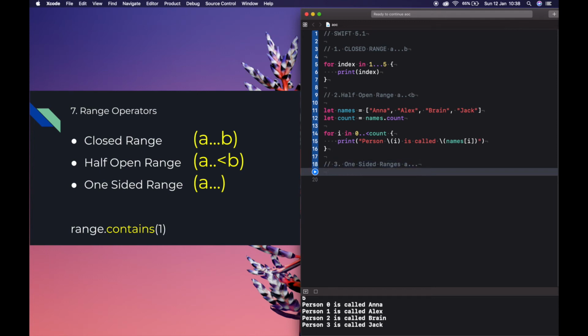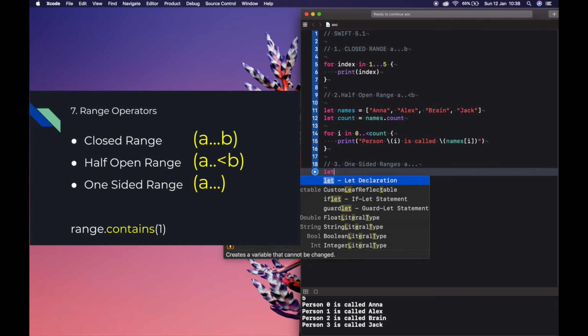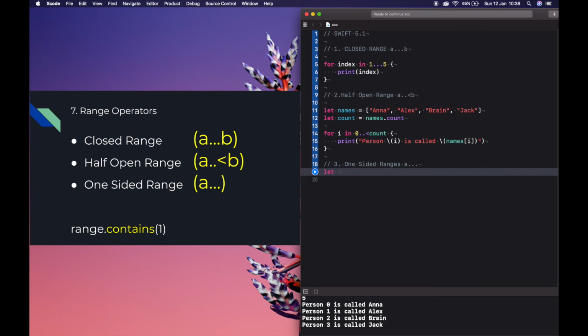For example, let names equal to a, b, c, d.